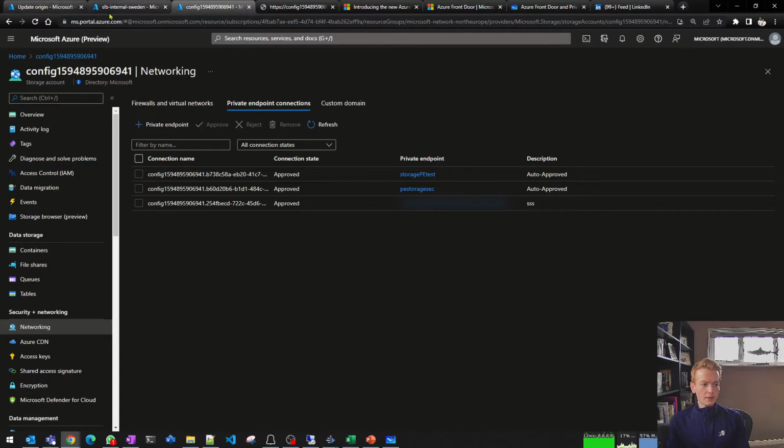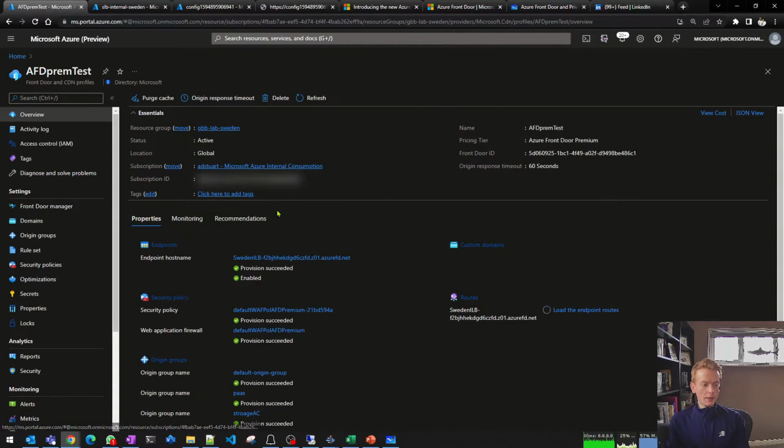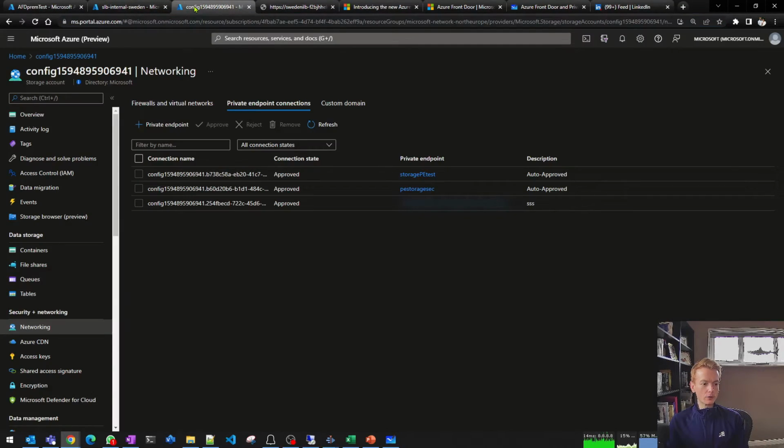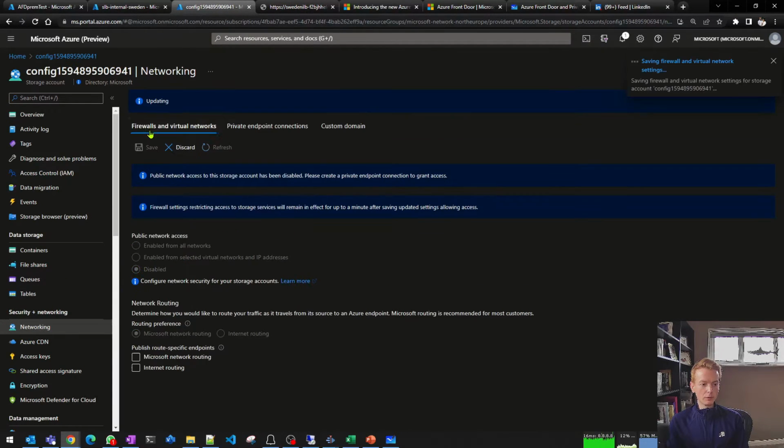What that means is I can now go to my Azure Front Door, copy my Azure Front Door domain, and I can replace my storage account domain with my Azure Front Door domain, and I can still get access to my container there. You see I'm accessing it using the same full URI, but using Front Door. But of course, my storage account is still open to the internet now. So I want to go back into my storage account network settings here and block all access inbound from the